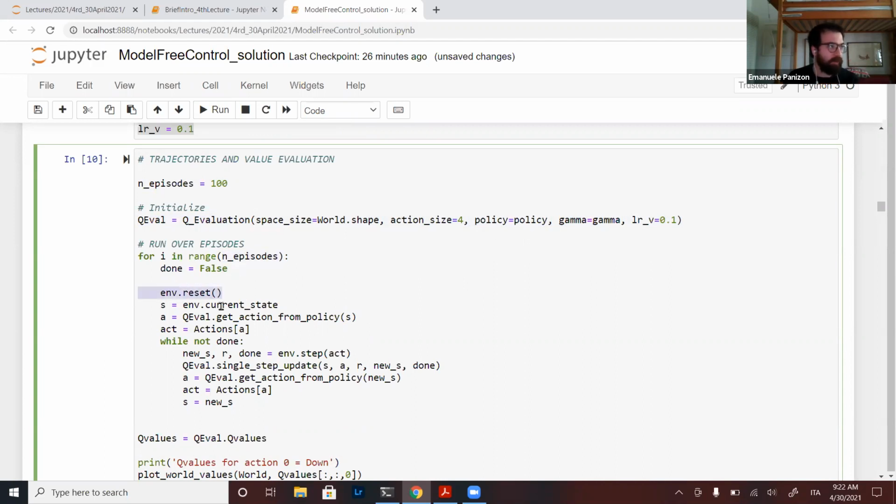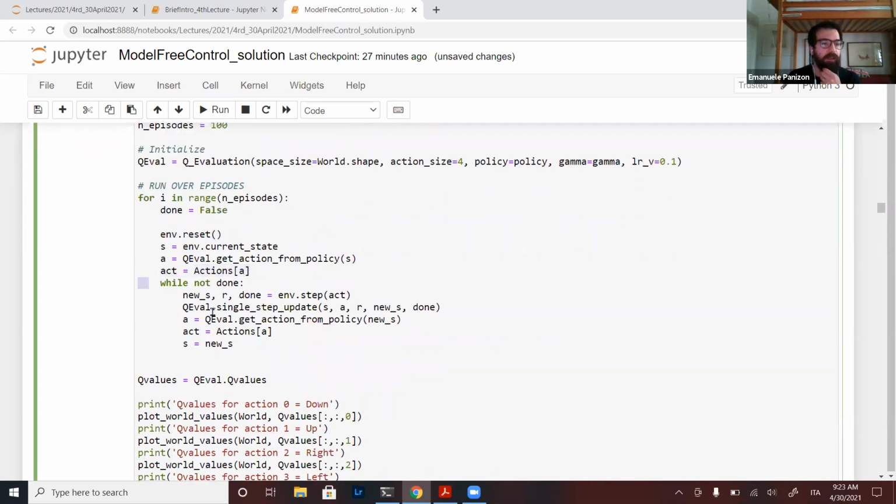Every time we start from the start, which is bottom left, and we take the state, we take the action, and we see which action, up, down, left, right, corresponds to the index of the action we took. Until the episode is done, I'm getting the new state and the reward, and giving the state, the action, the reward and the new state to the evaluator, and so on.